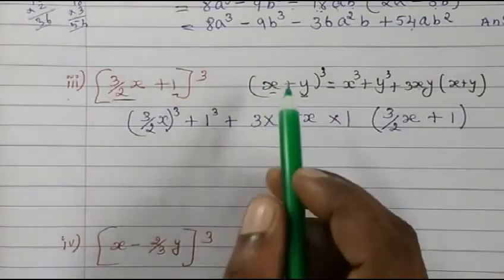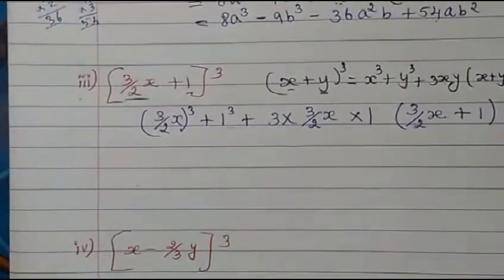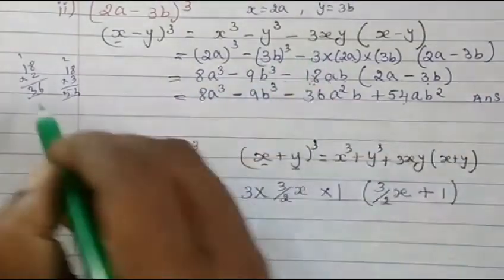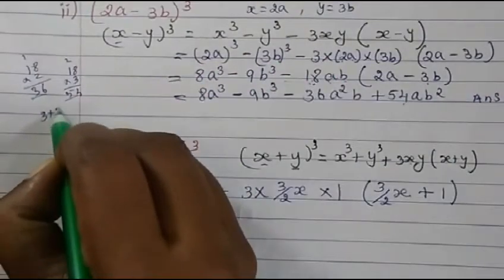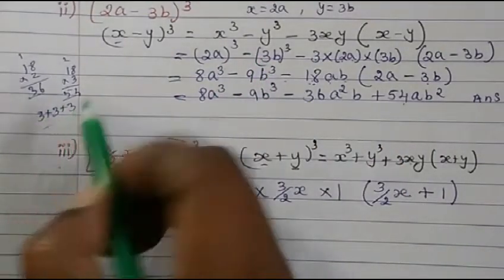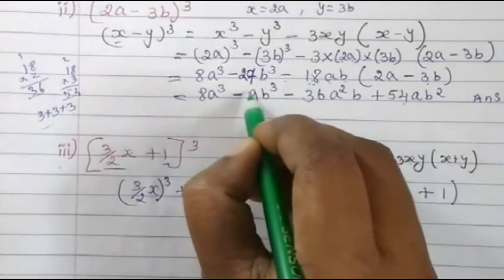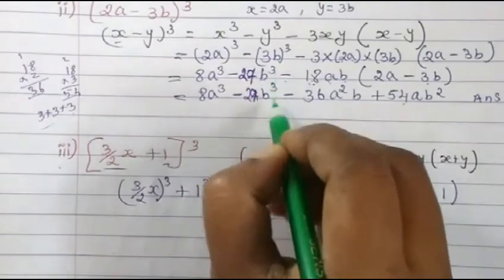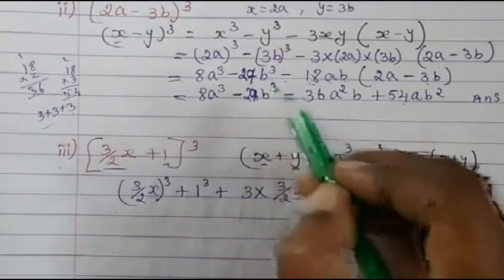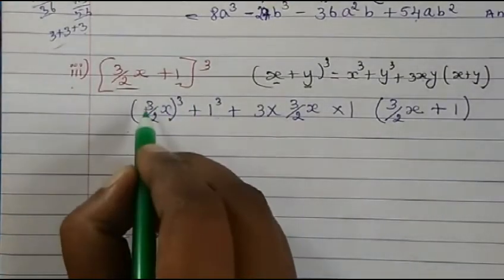3 times, okay? Here, just 1 second. So here one mistake is there. 3 times, 3 into 3 into 3. 3 3s are 9, 9 3s are 27. So it should be 27 here. So just make a correction. So this will be 27 x cube. Rest all are okay. So 3 times will become 27. Just correct it there. So now we'll concentrate here.